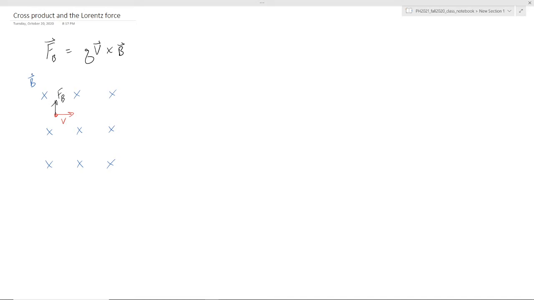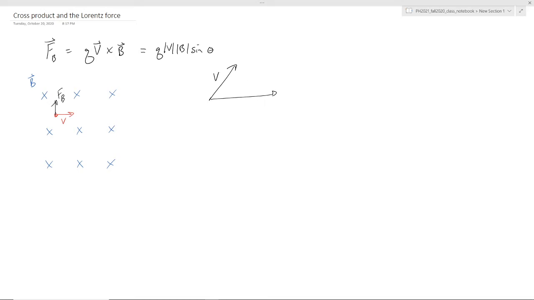to connect with what we had been doing before. But what we'd like to do is to be a little bit more quantitative and deal with the situation where these things are not at right angles. So one ingredient that we can add is we can say this is the same thing as QVB sine theta. And this is useful if you have a situation where you can specify